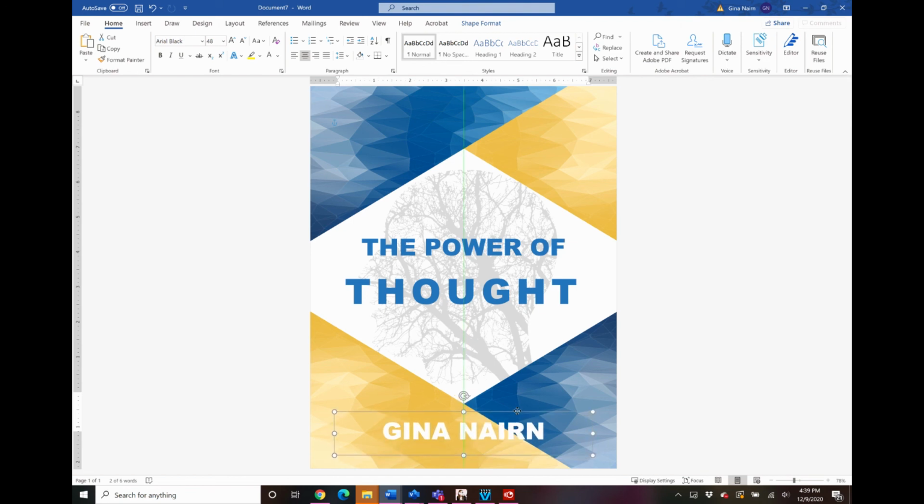And depending on the colors that you have behind this, you can put a shadow behind these letters. You can do whatever you want, but I'm going to leave that just as it is. So there you have it, 3 different, very different examples of very cool title page designs.